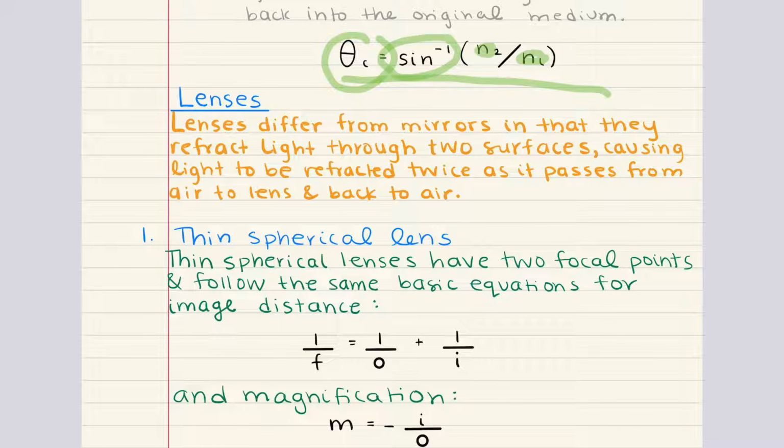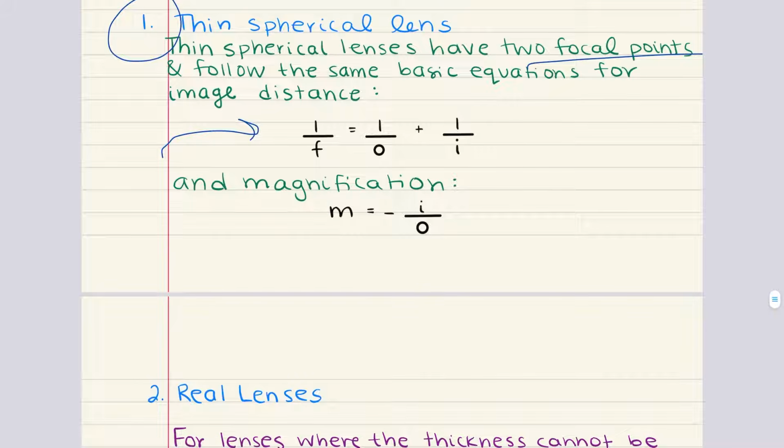We're going to start by first discussing thin spherical lenses. These lenses have two focal points, one on each side due to their symmetry. Thin spherical lenses follow the same fundamental equations that we've seen with mirrors for determining image distance and magnification. The equation for image distance in lenses is given here. We have 1 over f, which is the focal length. That's equal to 1 over o, which is the object distance, plus 1 over i, where i is the image